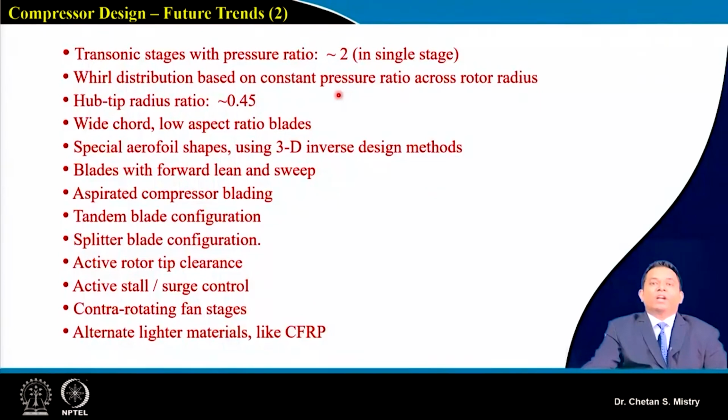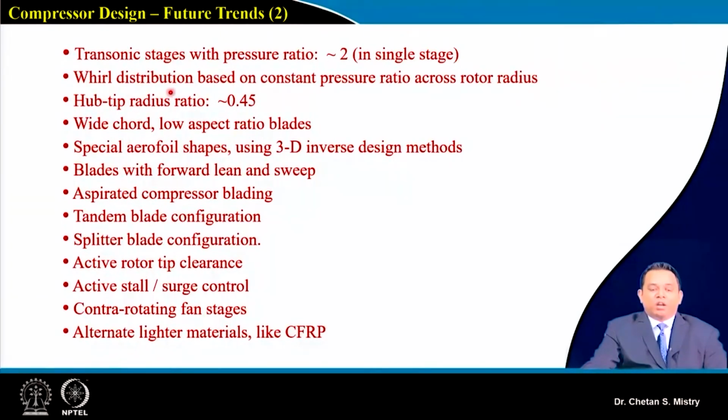discussing, where we are discussing the variation of pressure ratio at the hub and pressure ratio at the tip. This depends on the kind of design we are adopting. So people are looking for a constant pressure ratio kind of configuration, and that activity is going on as of today. Now hub to tip ratio we have constrained with, say, 0.8 and 0.4, that's what we